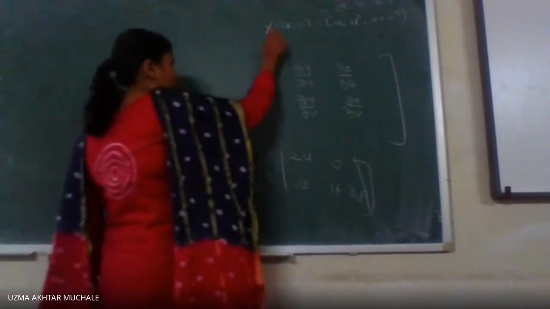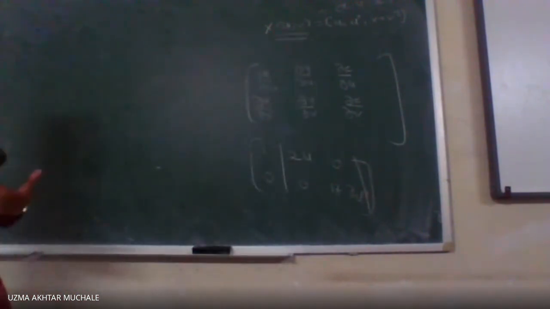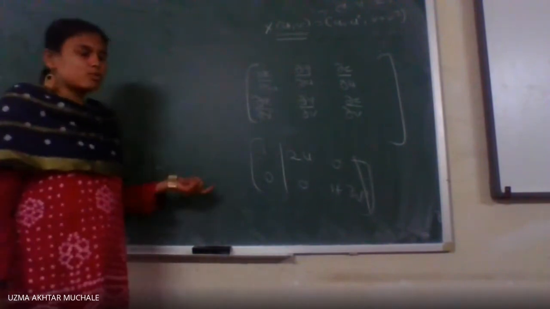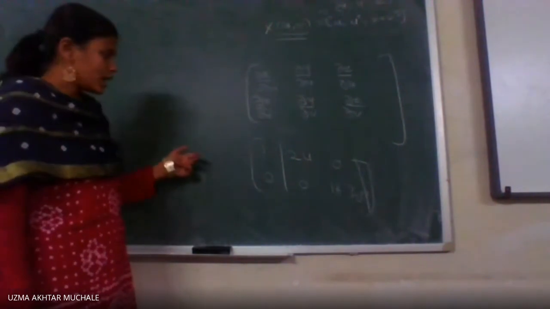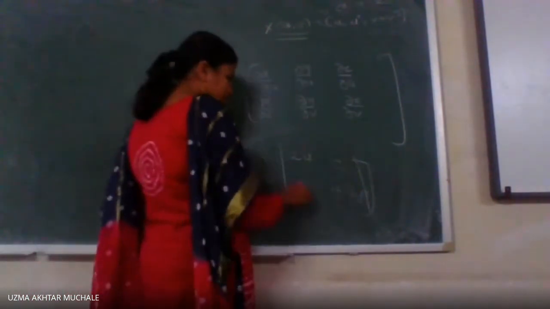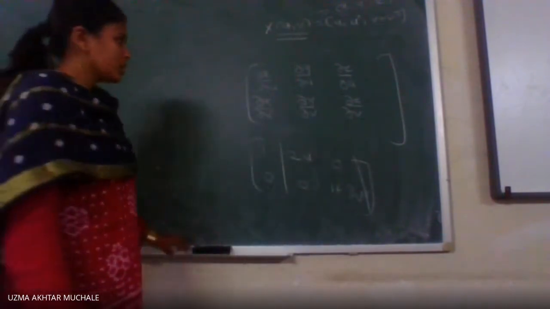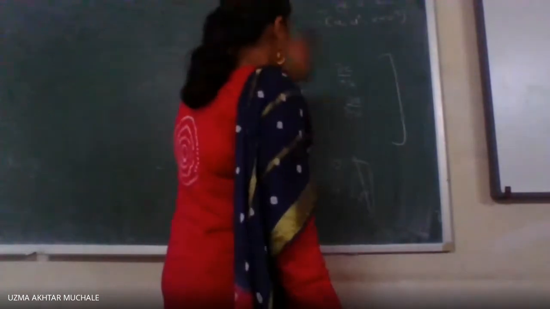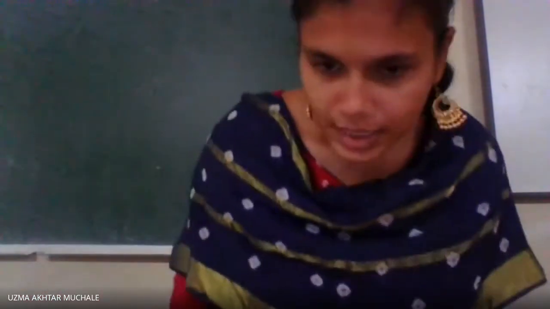What is the dimension of the domain? As it has only two variables, and we are discussing this in R2 space, the dimension of the domain is 2. So the rank of this Jacobian matrix is equal to 2, since we get at least one minor of order 2 cross 2 which is non-zero. Let me show you the screen if it is not visible to you on the board. Then we will go for the next example.